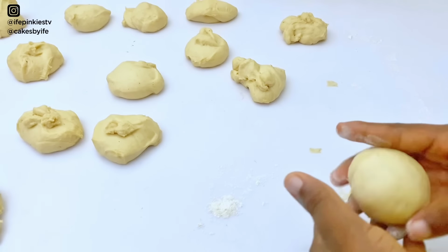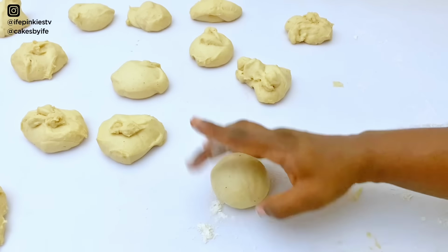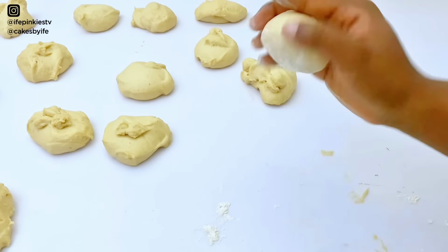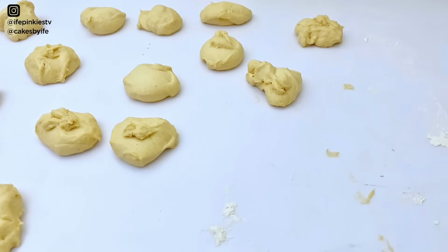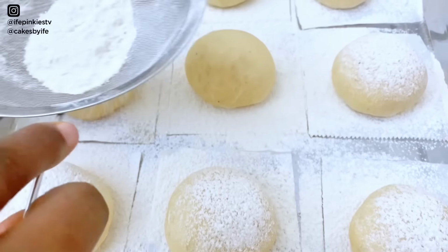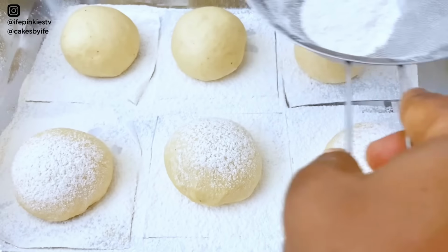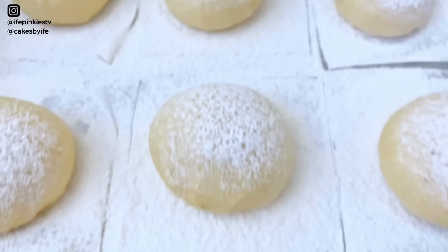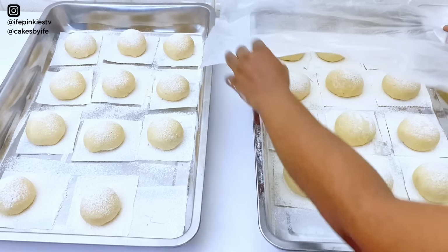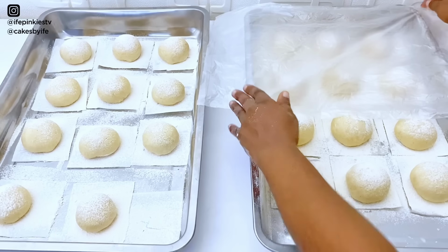Sprinkle a little flour on the table and then slam your dough on the flour, slam it on the table a bit and just form the ball. The beauty of your donuts is solely dependent on how well you mix your dough and how well you mold your dough. So I'm sprinkling a little flour on the top of the molded donuts and I'm going to cover